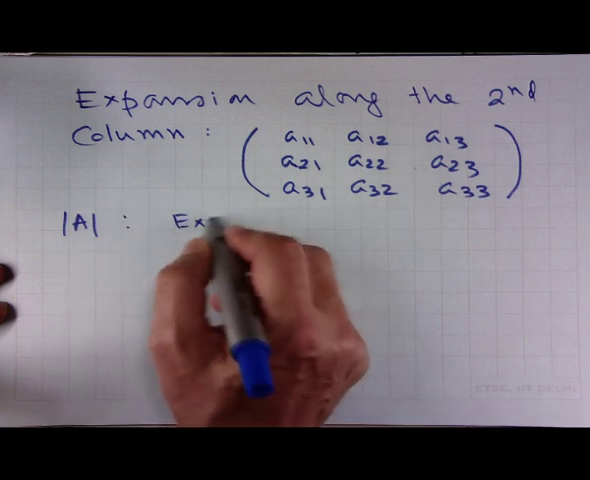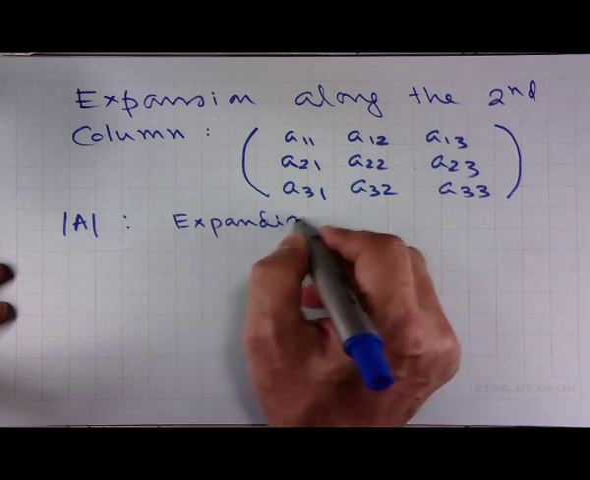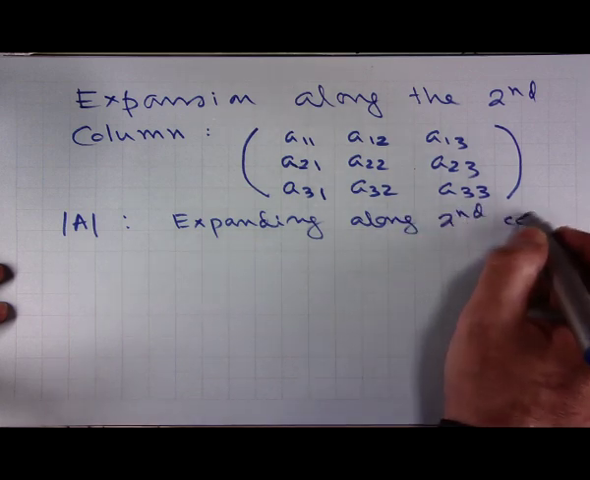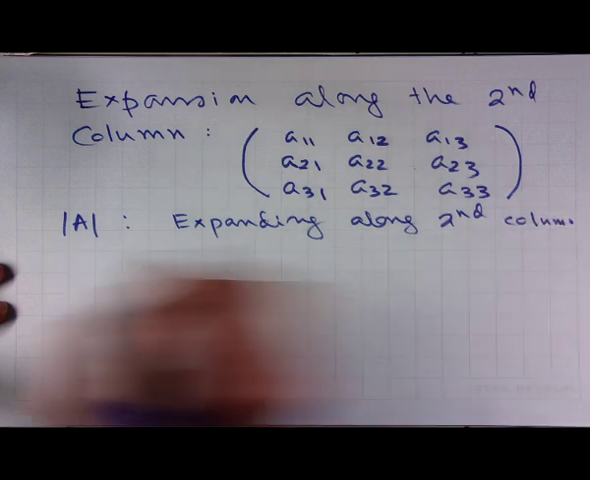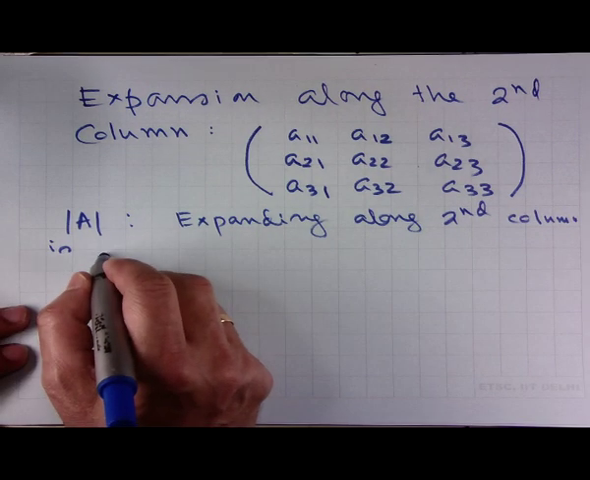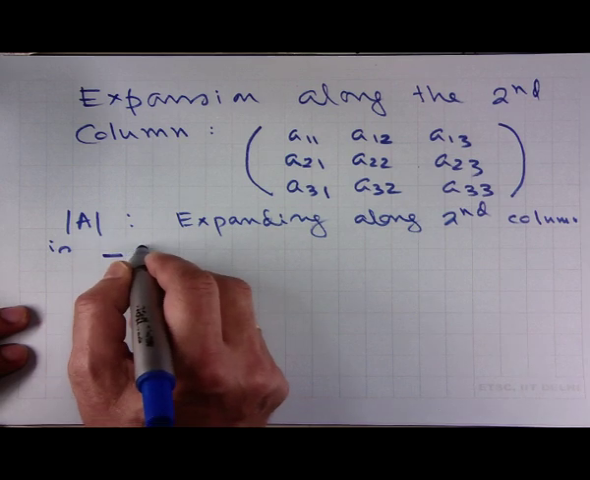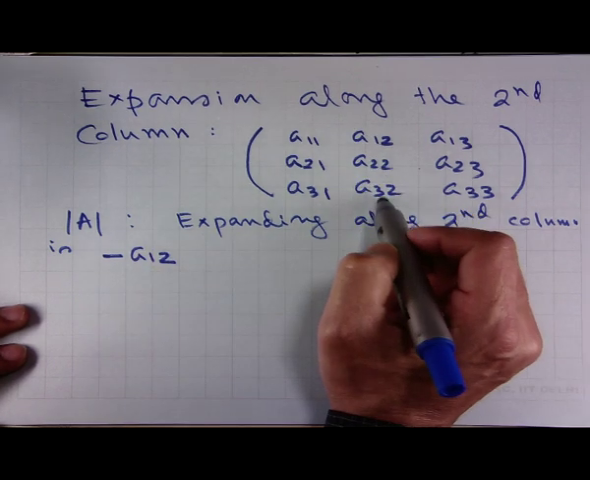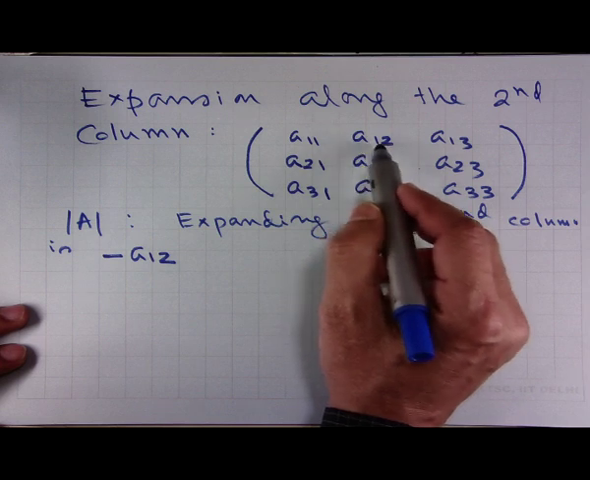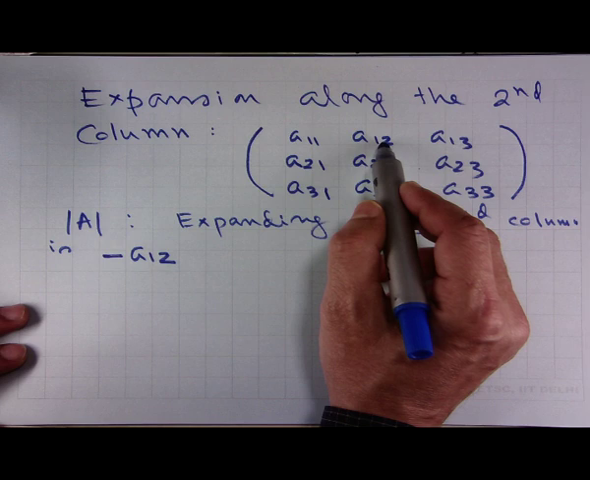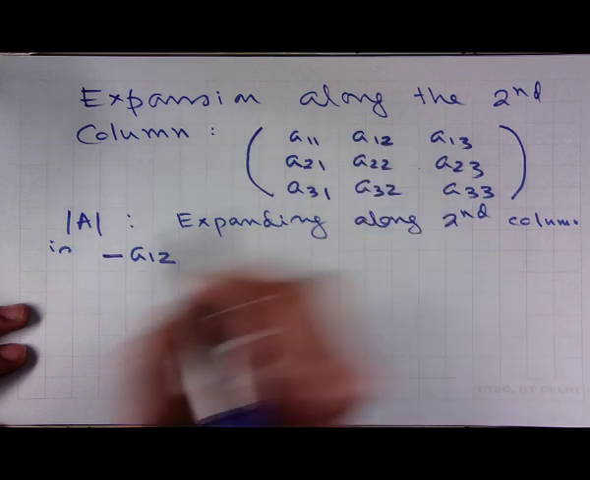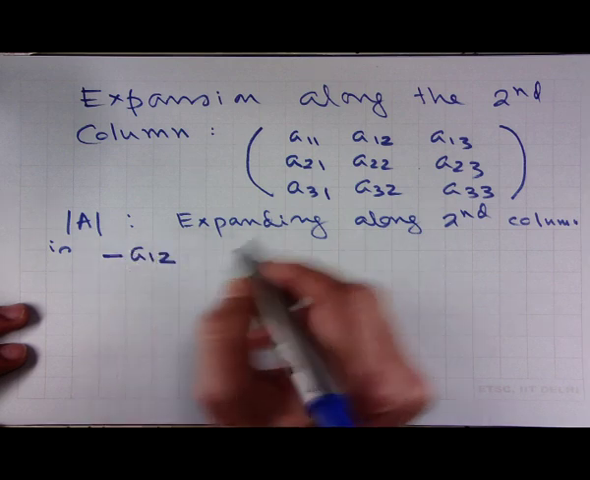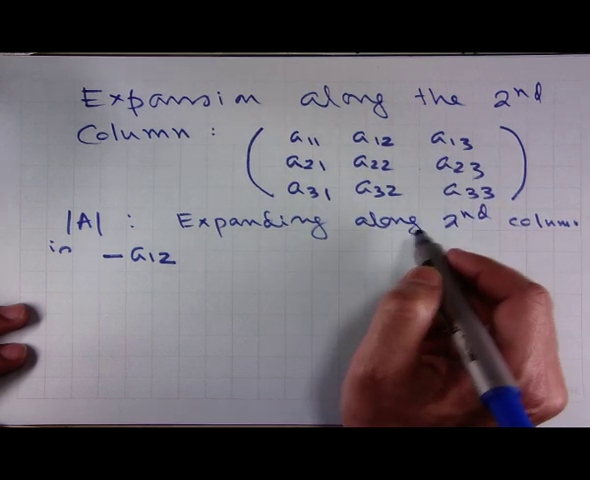expanding along second column is minus A12, since second column is this and I am starting with A12, 1 plus 2 is 3, which is odd number. Therefore, minus 1 to the power 3 is equal to minus. So, minus A12 into